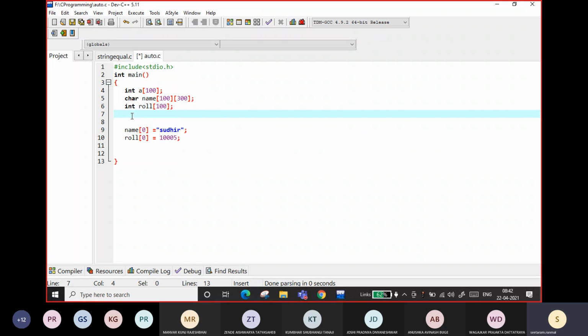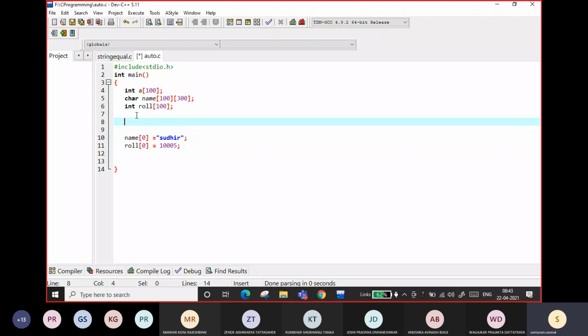So I need to put the name of 0 as the 0 student, name of 1 as the 1 student, and name of 2 as the third student, and so on. So using the indexing, I can store the information of a student. I need to remember that the 0th student is the first student. So for the corresponding roll number I need to go for 0, right? If I have Sudhir at the 0th index, then the corresponding roll number I will get from the 0th index of the roll array, like this.